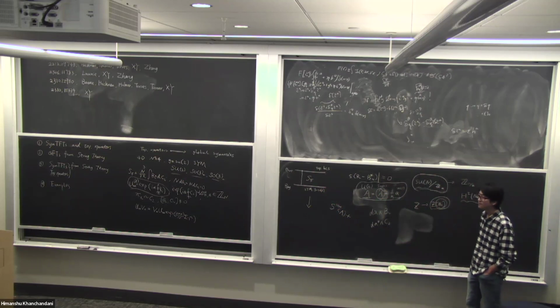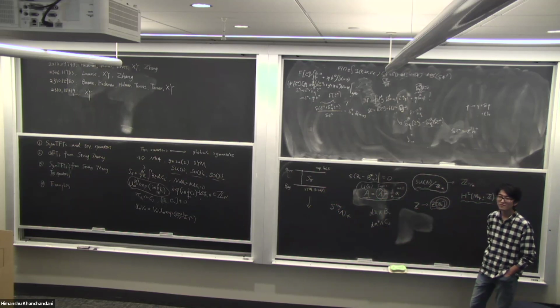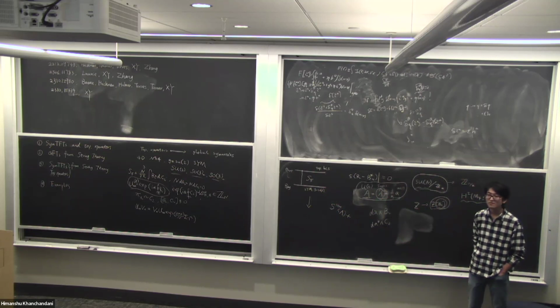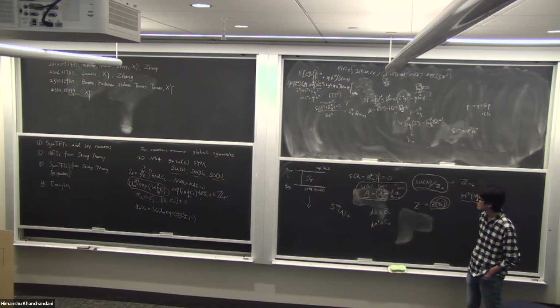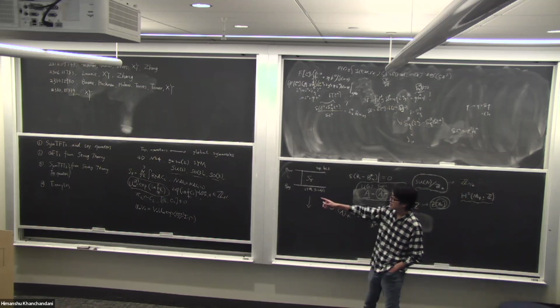For example, it picks up different phases when you do a background gauge transformation on the one-form symmetry background. So you pick up the information about, say, the anomaly. For example, this N is capturing the mixed anomaly between the